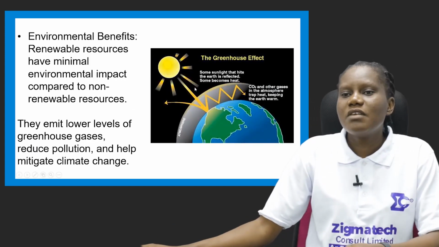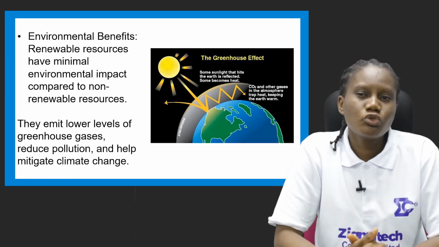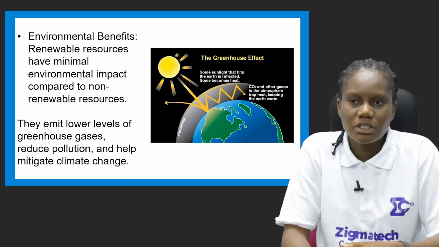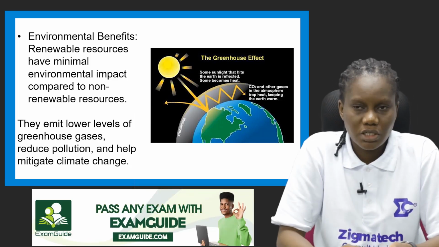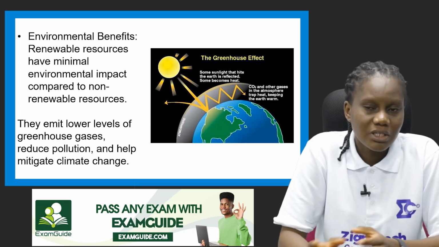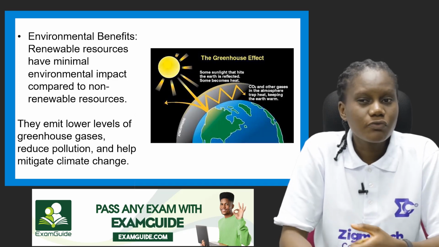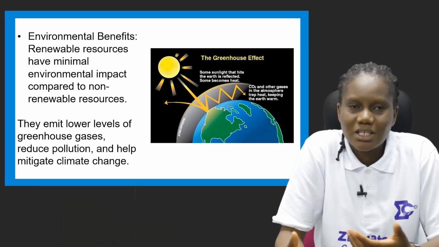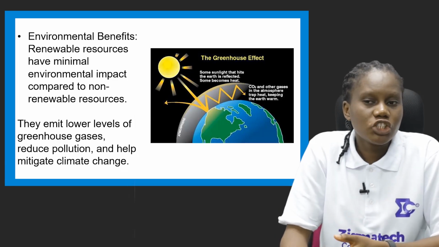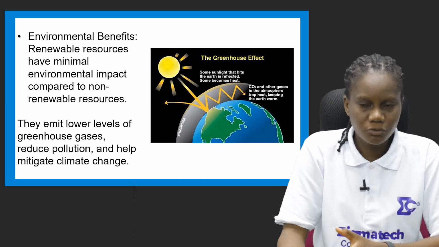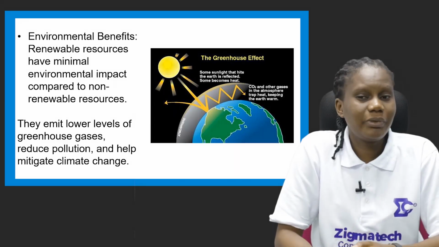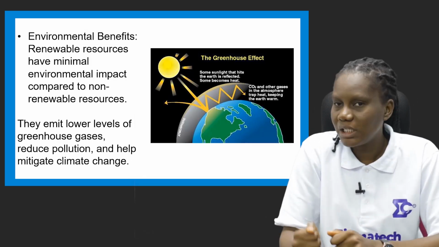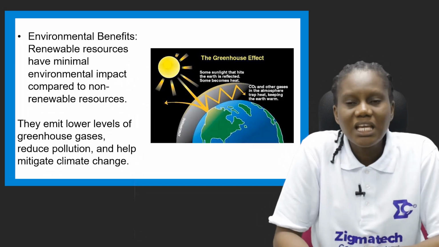Number two, we have environmental benefits. Renewable resources have minimal environmental impacts compared to non-renewable resources. If we look at sunlight, for example, and fossil fuel, that is sunlight for renewable resources, and fossil fuel for non-renewable resources. Sunlight does not generate greenhouse gases, but fossil fuel generates greenhouse gases, such as chlorofluorocarbon, that depletes the ozone layer. It depletes the ozone layer, and when the ozone layer is depleted, it will have a negative